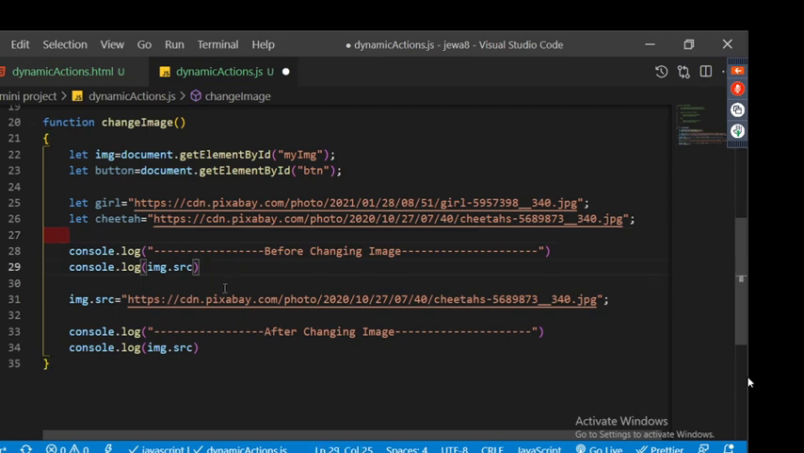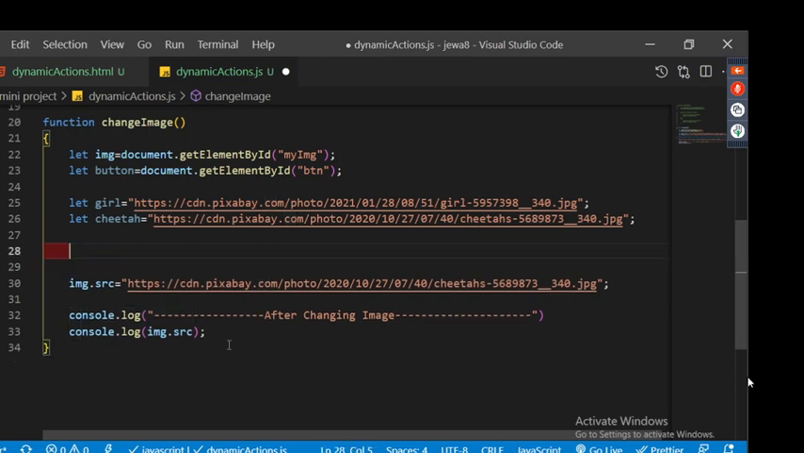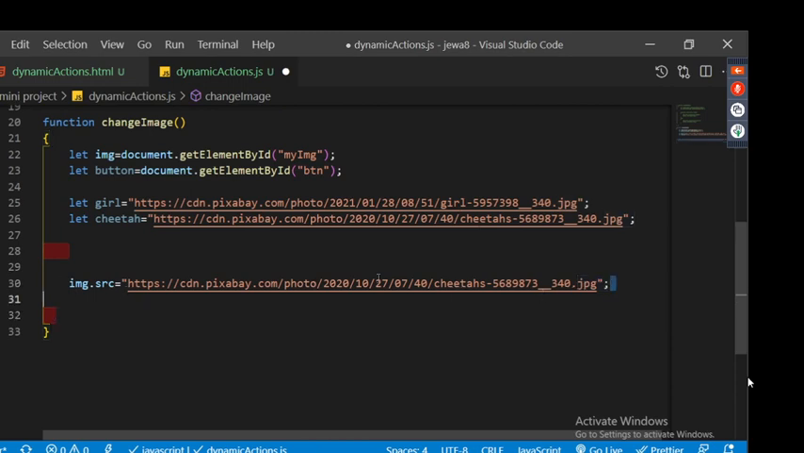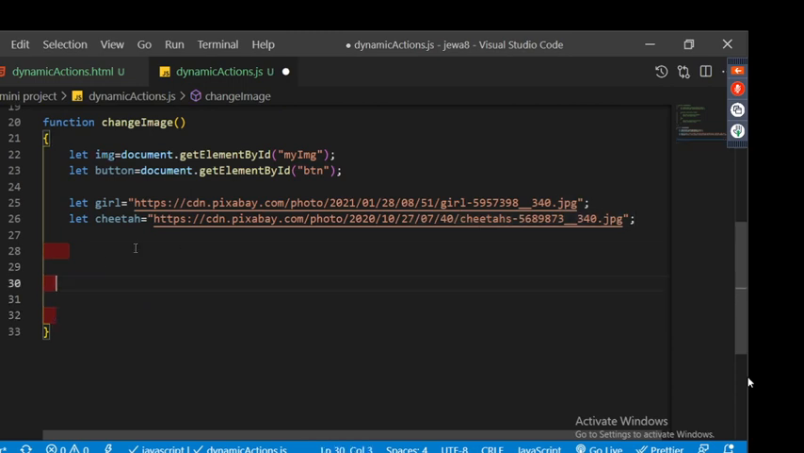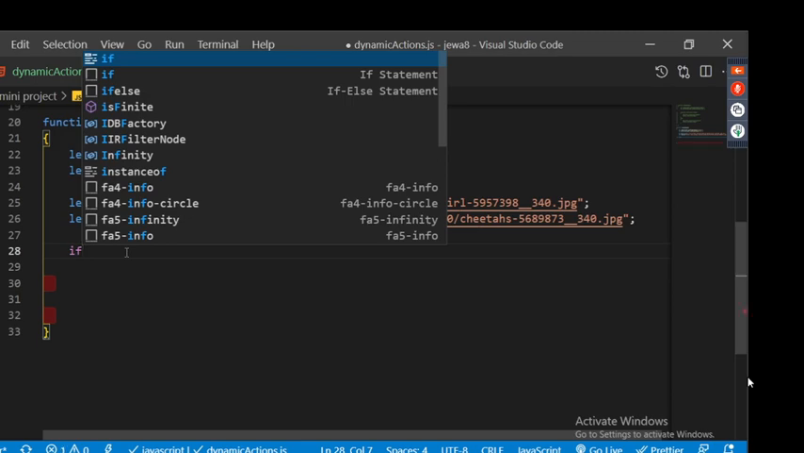Clear? So now concentrate here. Before changing, after changing, you understood this one. Then I don't want this also, guys. Now I need to check. First condition, I need to check if